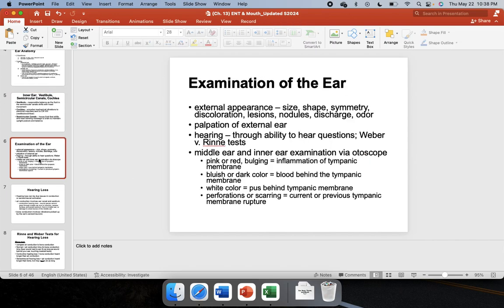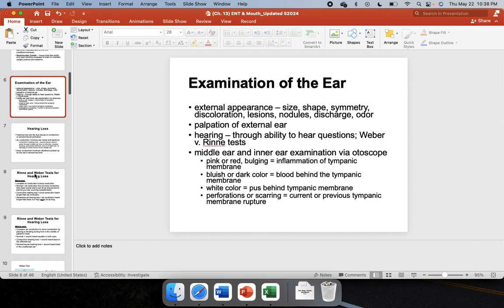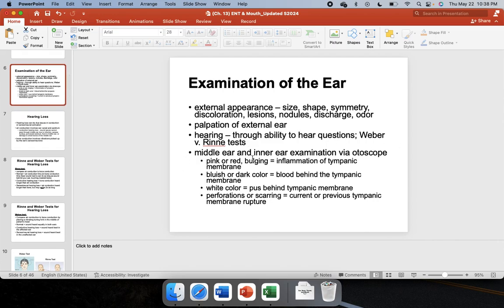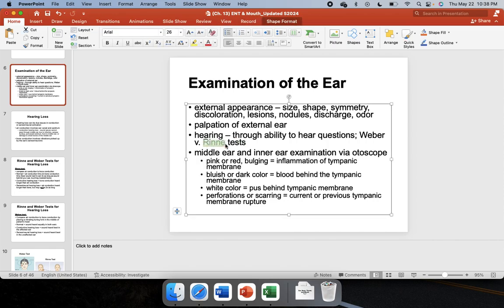Okay, so when we perform an examination of the ear, we're looking for size, shape, symmetry, right? Obviously, any gross deformities or cuts. The ears, because they stick out, can receive some unique injuries. So one thing that the book gets into a little bit is this Weber and Rinne test. So I think Rinne is a French person, so Weber and Rinne. We'll talk about those briefly in class tomorrow with some more depth, but I'll try to address them a little bit here. And then we're going to look at the external ear into that middle ear